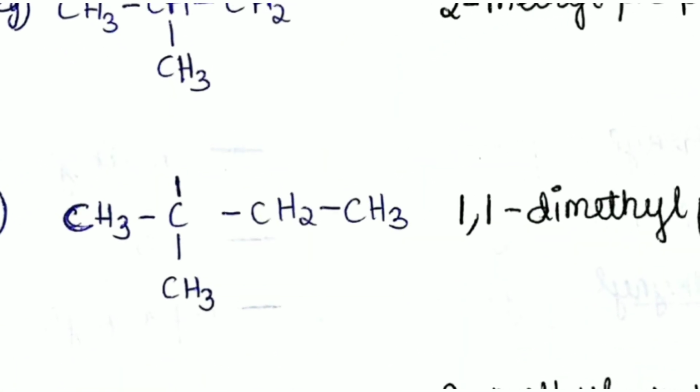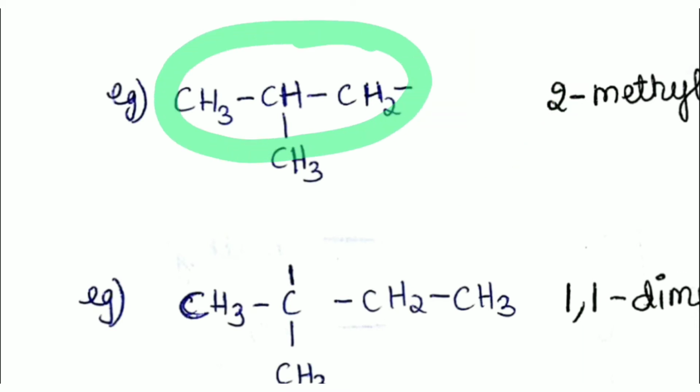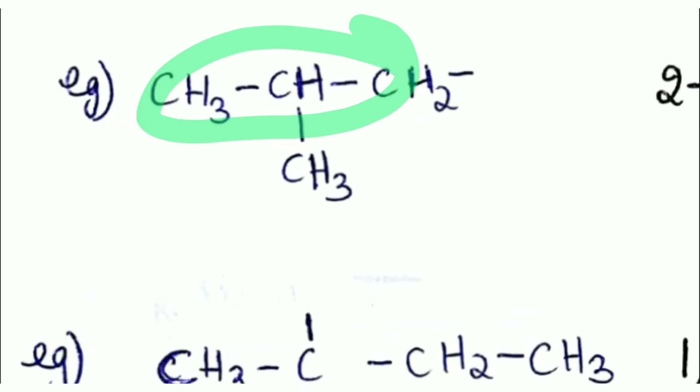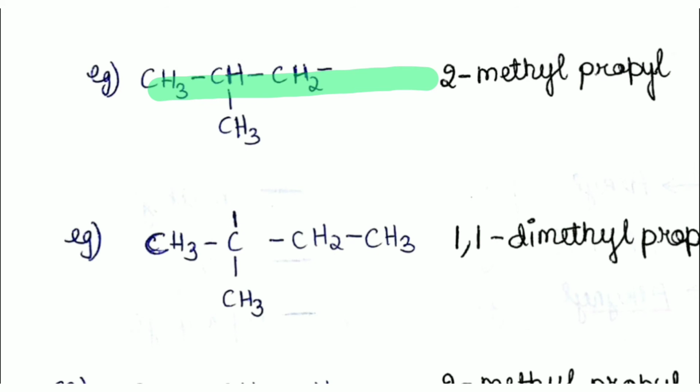Now here are some examples of the side chains that we are coming across. We can see this is our free valent carbon. So of course this will get number 1 locant, and the side chain has a principal carbon chain. We are not talking about the principal carbon chain that the side chain is attached to, but the principal carbon chain in the side chain itself. So it's a 3-carbon principal carbon chain. Any guesses on what the name of this side chain would be? Yes guys, it's going to be 2-methyl propyl. Exactly. That's exactly the name.